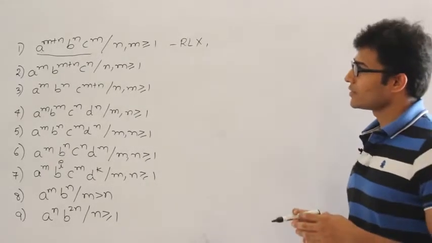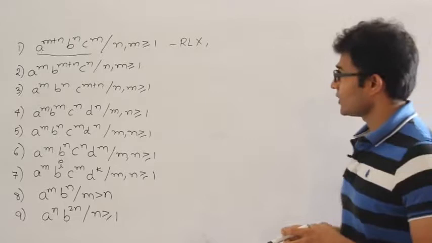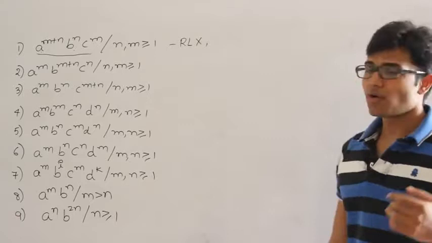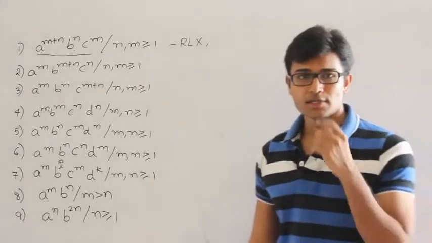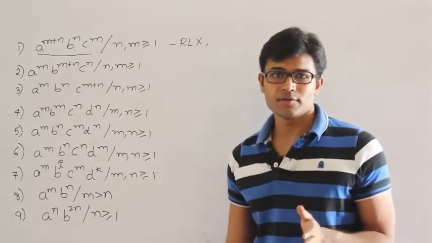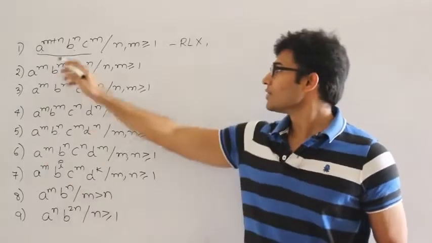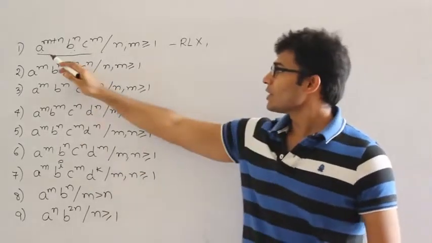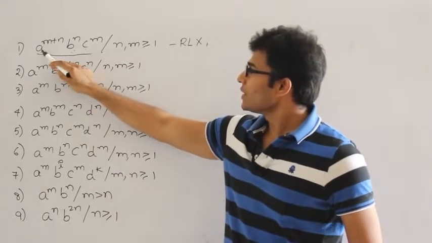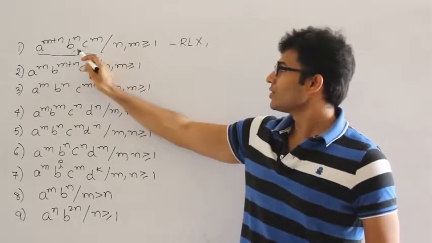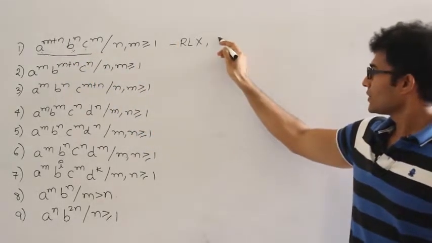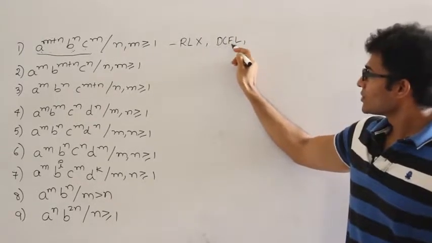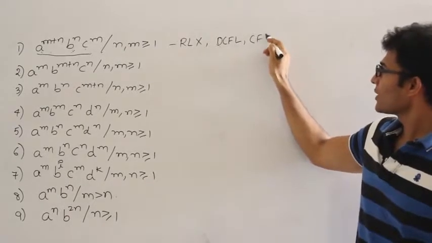And is this language context free? Yes, the language is context free, and moreover the language is a deterministic context free language. A deterministic context free language is one for which you can give a deterministic push down automaton. So this language is definitely deterministic context free. The reason is we don't have any non-determinism here. On seeing a we are sure to push, on seeing b and c we are sure to pop, right? Therefore the language is deterministic context free, and if a language is deterministic context free, it is context free as well.